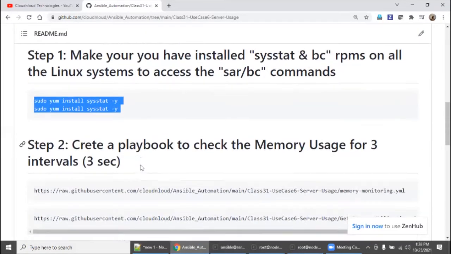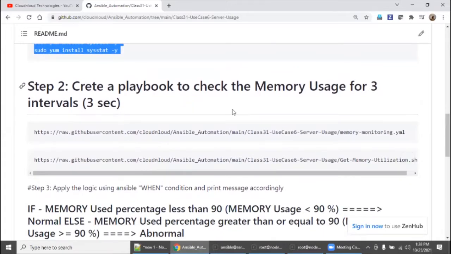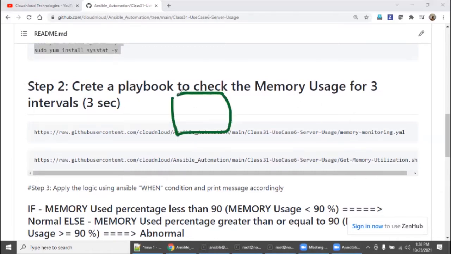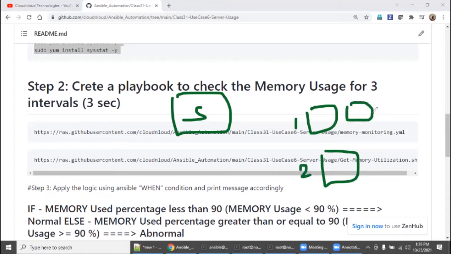So come down and we need to create a playbook, and that playbook should check the memory usage of nodes, right? For 3 intervals. So for example, I have an Ansible server. This is the Ansible server. We have 2 clients in this lab, right? So this is node 1, this is node 2. For example, this node has huge memory usage, right?